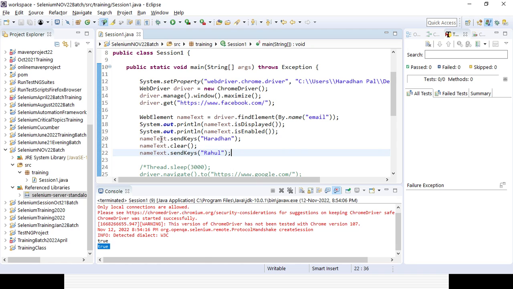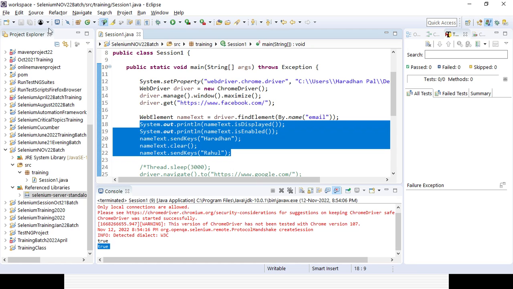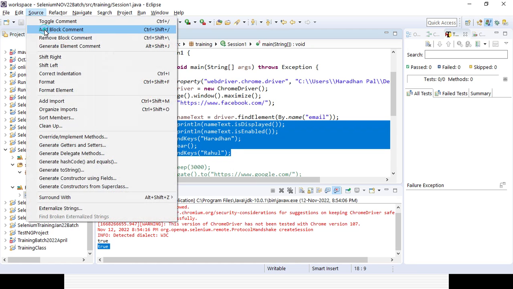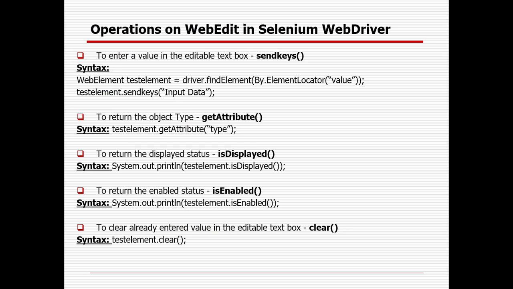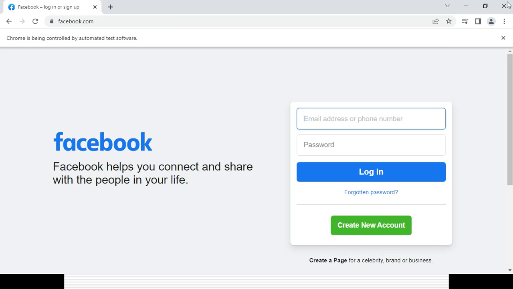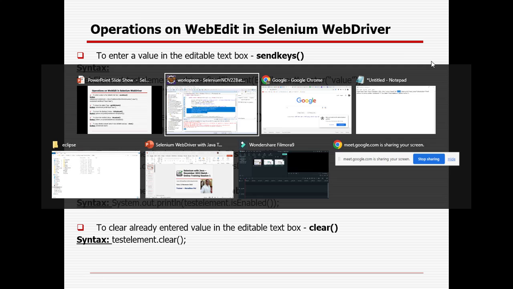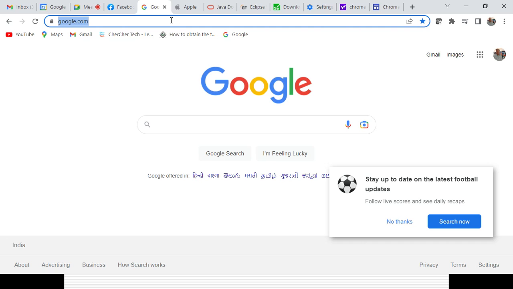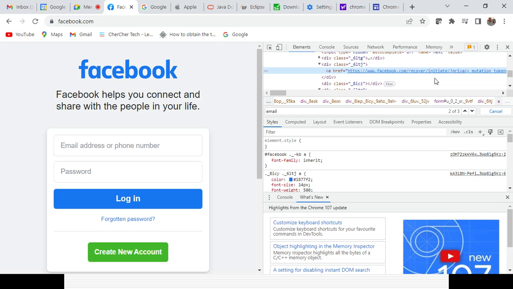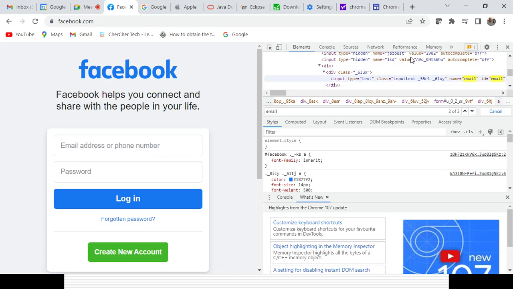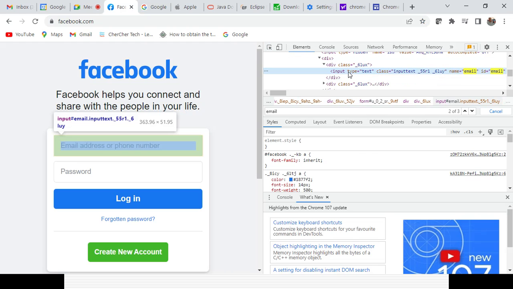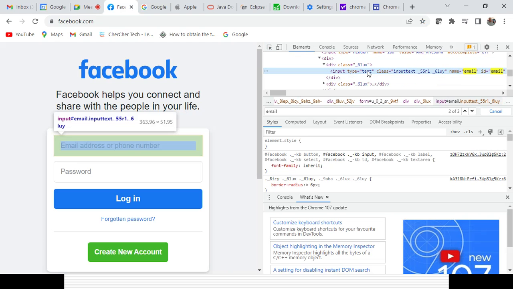And the last thing we can do is called attribute, right? We can get the different attributes and we can get their values, right? So what is an attribute here? These are the attributes we are talking about. In case you are getting to that field, these are called attributes. The first one is tag name, then type equals attribute with the value equal to text, class equals attribute with a value like that, name equals attribute with a value like that.